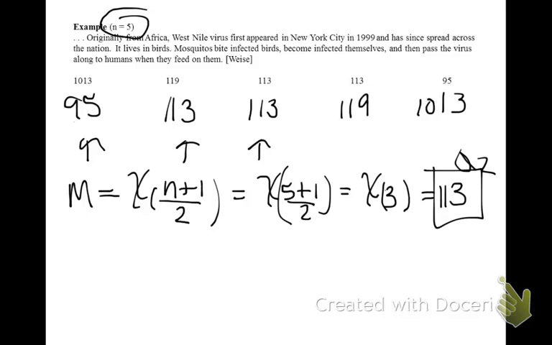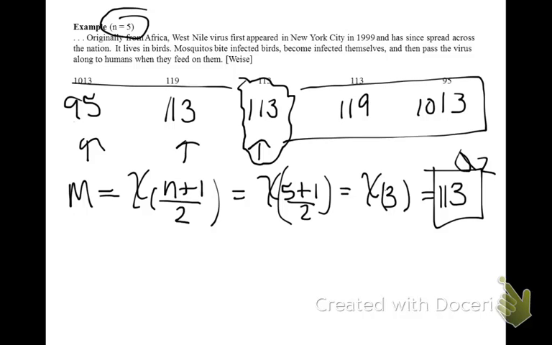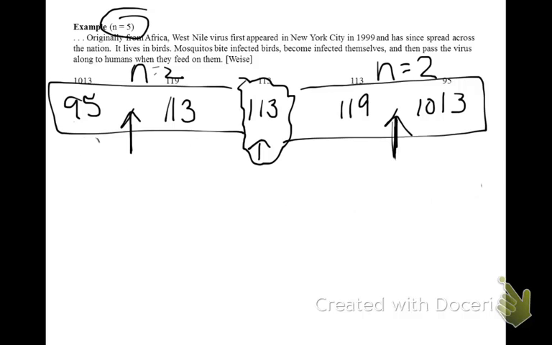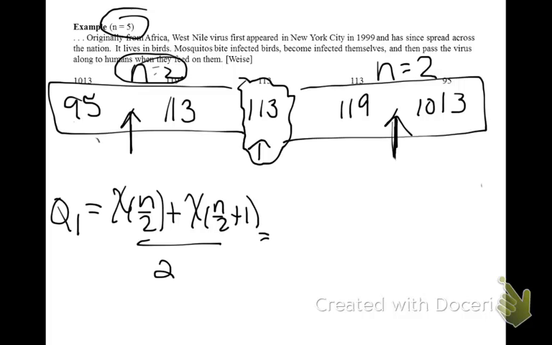Step 2 is to box off the location. Here 113 is the median. So if we box above the median and below the median, you see that there's 2 observations in each of these boxes. We're now ready to calculate the median of the lower box, which will be Q1, and the median of the upper box, which will be Q3. Knowing that our new n is 2, this is even, the formula that we'll use to find our quartiles is: plug in the number 2,